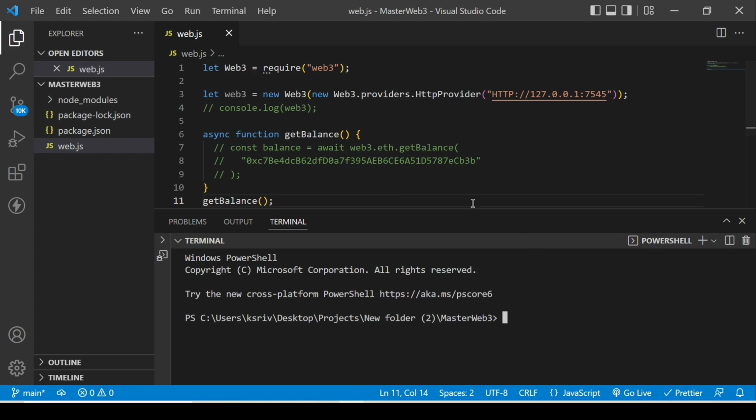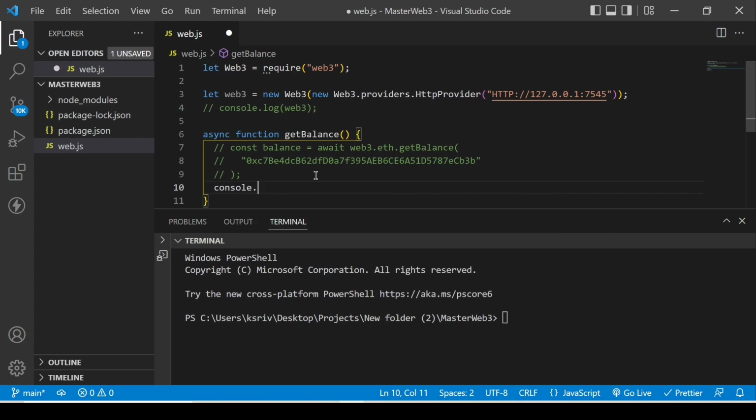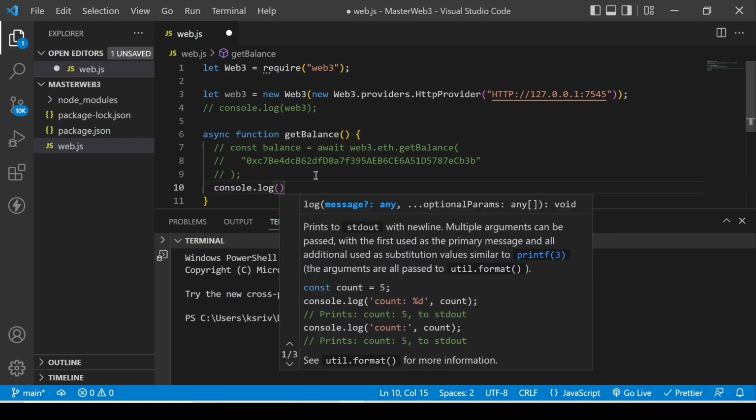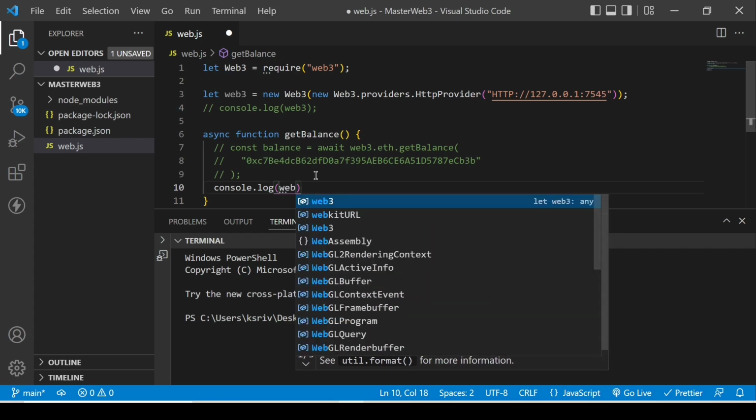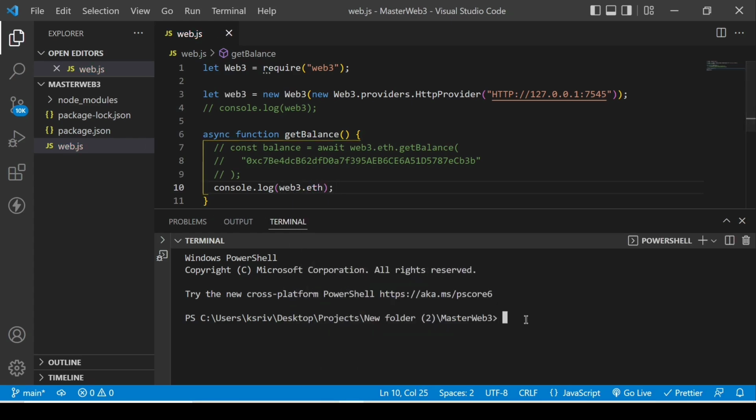So in the previous video, we have seen how to get the balance, right? And for that, we used this module web3.eth. Now let us do one thing. Let me show you what functionalities web3.eth actually provides us, with the help of which we can communicate with our blockchain and smart contract. So what I will do, I will console.log this web3.eth. Okay, let me run this